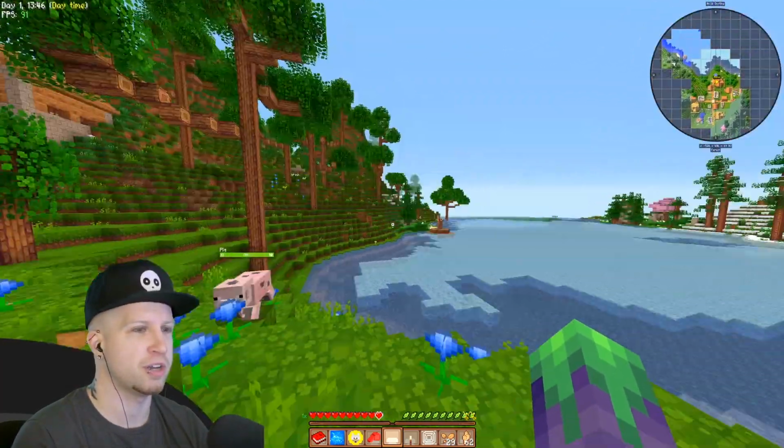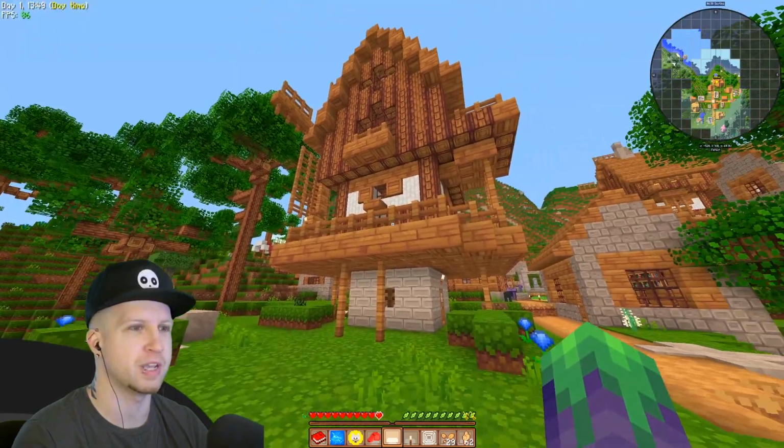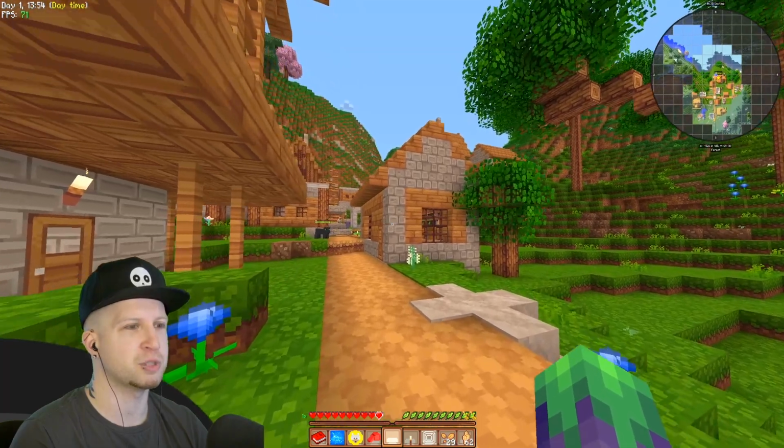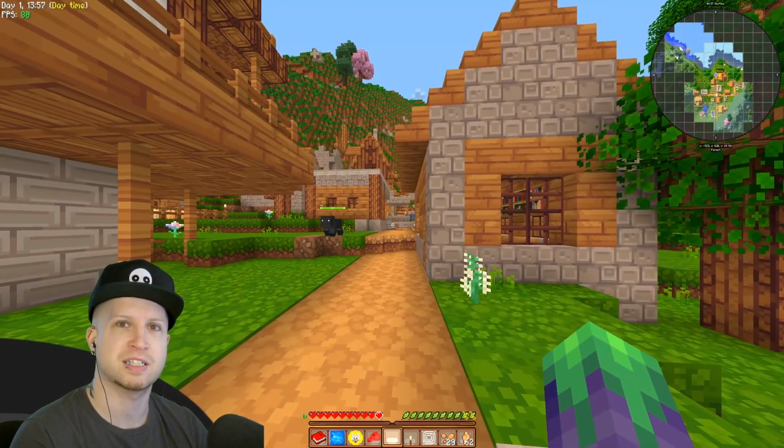We actually just spawned in the world. That's our spawn point right there, but we got lucky enough to end up getting a seed that had a village nearby. Now there's a couple options that I want to give you guys for the aesthetic of the game,